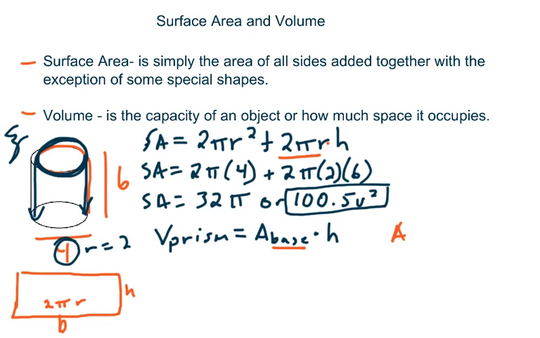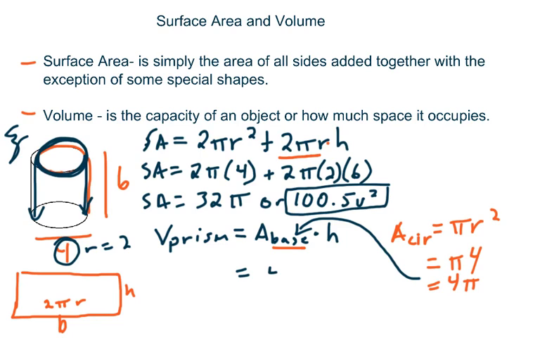The area of the circle is what I'm calling the base shape. That's pi r squared, from your general formulas. So this equals pi times r is 2 squared is 4, so 4 pi. So I'm going to take that and I'm just going to throw that over here. That's this guy right there. So that equals 4 times pi times the height of the object is 6, so 24 pi,